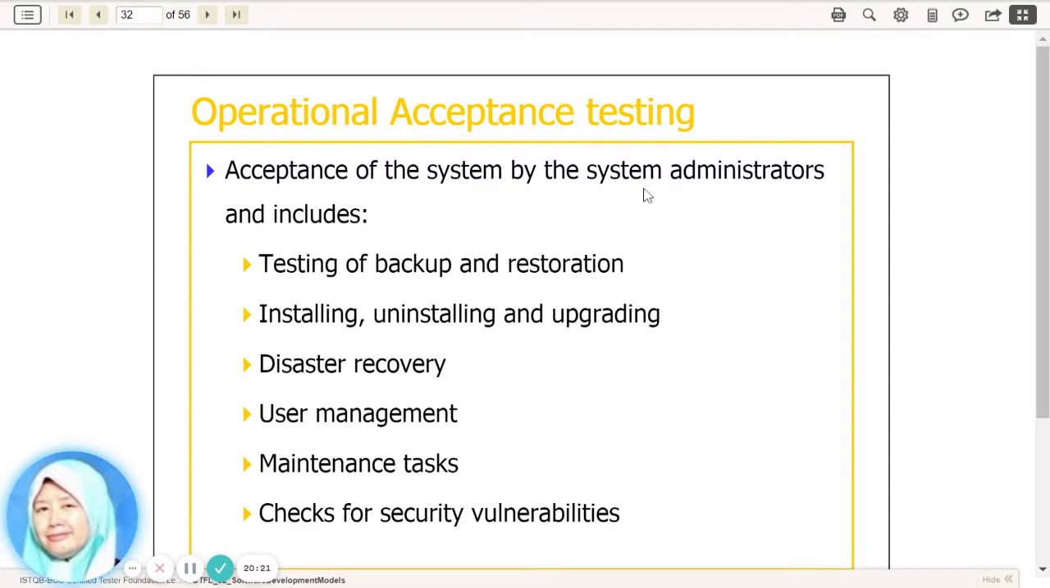So this is done by the system administrator of the user. Okay, they are more focusing on how far the system handles backups and restoration, how it handles installation, uninstallation, and upgrading. Okay, how far your system handles disaster recovery, user management. Okay, how to add users, how to remove users, how to do maintenance, how it handles the security aspect. Okay, so it's more on the system administrator's side,